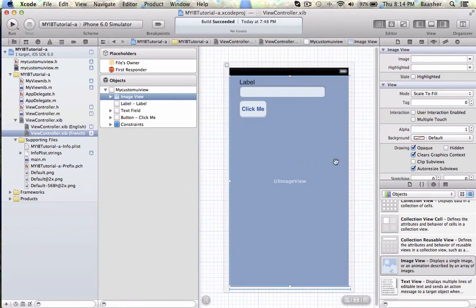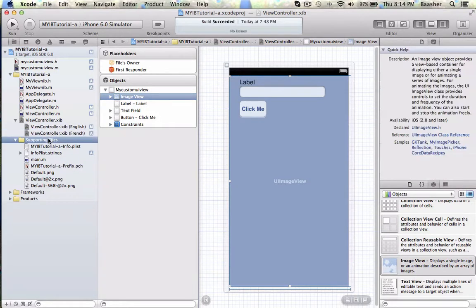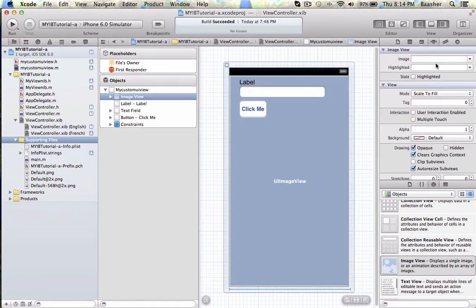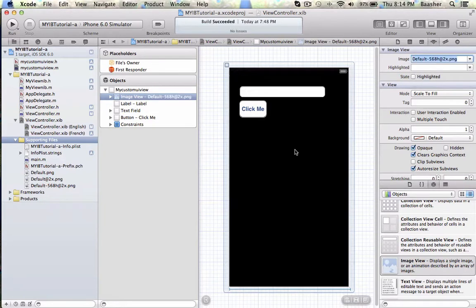If you have the picture that you want to use as the background, you drag it here into the supporting files or another folder group of your choice. Once you've done that, we come back here and in the show attributes inspector image, select that image. See how it became black? That default image is like that. But if you have the nice picture that you want, it'll show up there. So that's one way